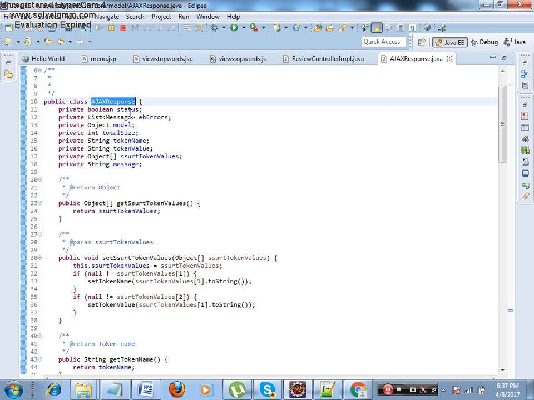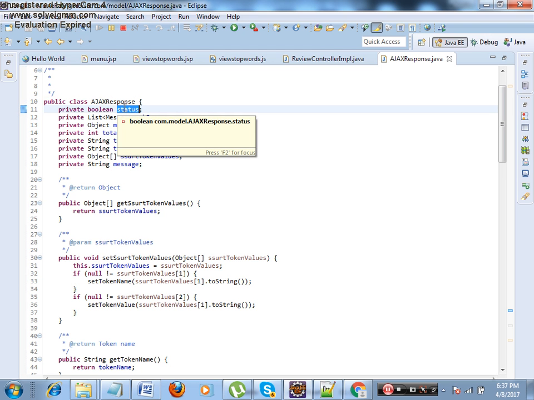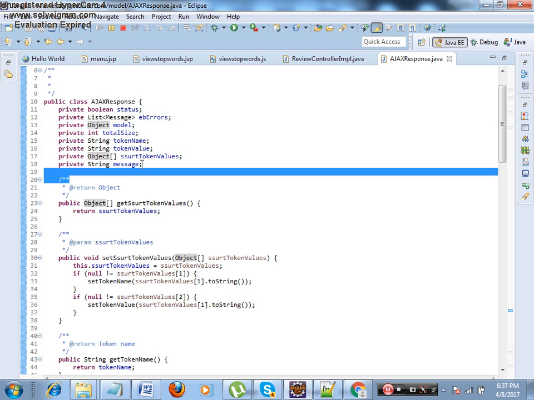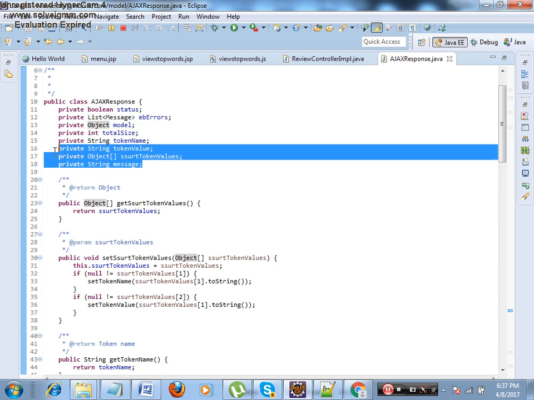It has something known as status, which will be true or false. If something wrong happened inside your algorithm, I'll make it false. If everything is correct, I'll make it true. Then all the errors I am holding in errors. Any result that you are passing, I am holding in a model because it is of type object. These four things you will not see used anywhere.